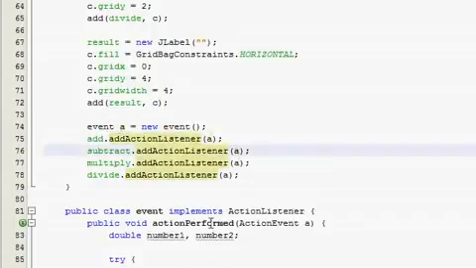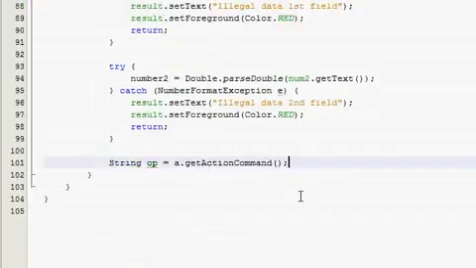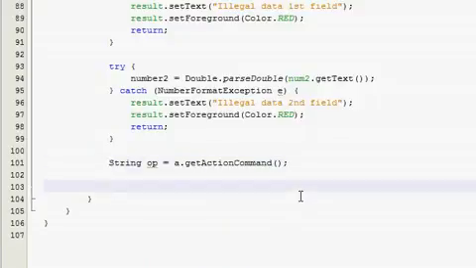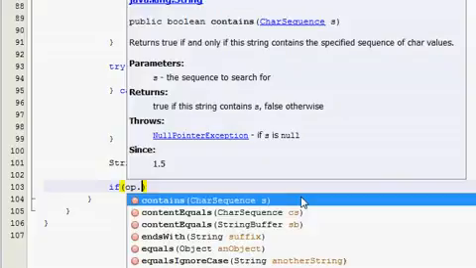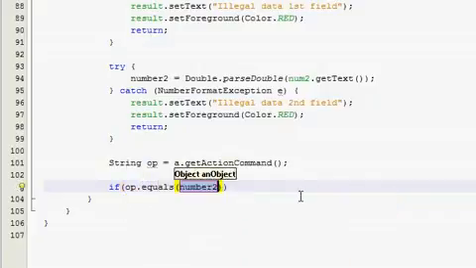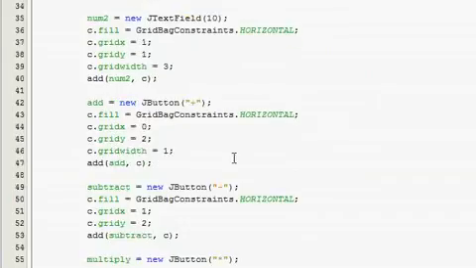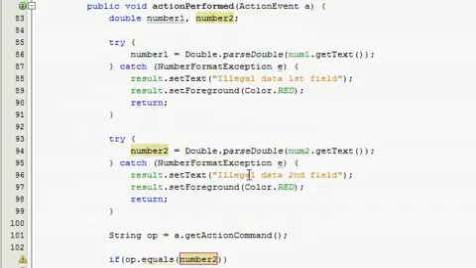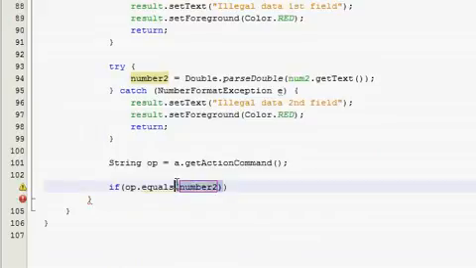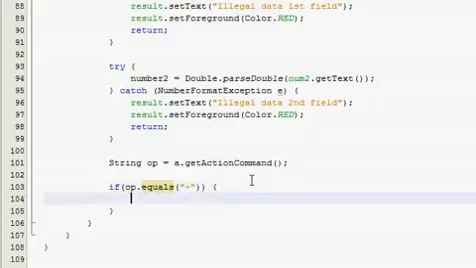So you'll see what that does right now. So down a couple, and I'm gonna do if op, and what this does is I'm gonna type in equals, and it's gonna search for a string. So if you can remember, our JButton string for add was this plus symbol right here. So that is what we gotta type in right here. So not this number 2 thing. So if op equals the string plus,